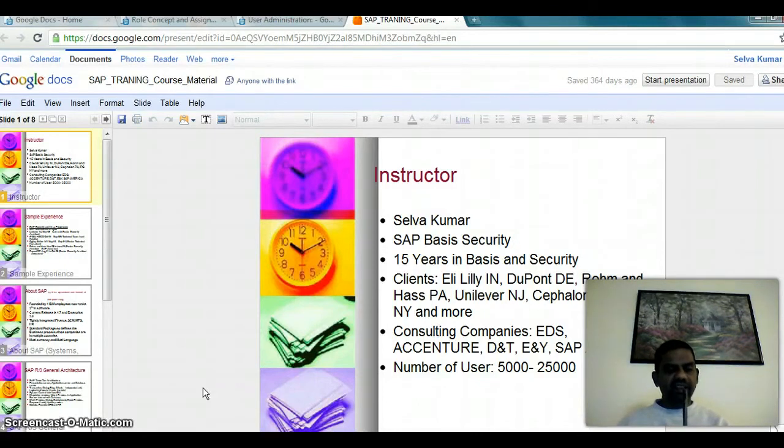They are very tightly integrated between financials, manufacturing, and HR. That is the reason SAP is very popular, and it is also multinational, multi-currency software, so it is quite popular with multinational companies. What does ERP mean? ERP is nothing but,